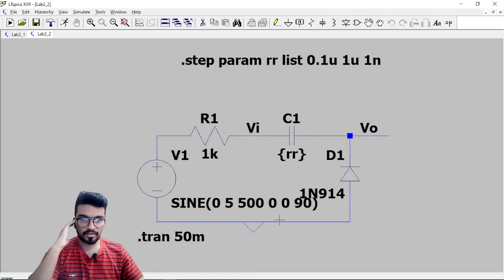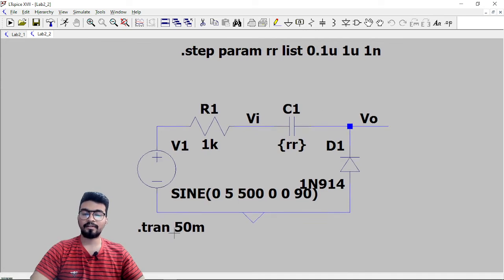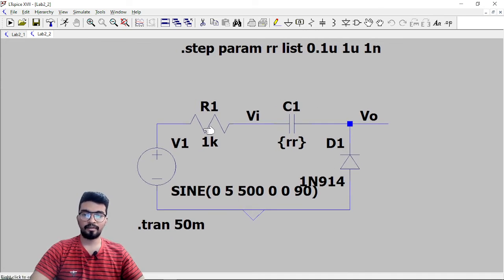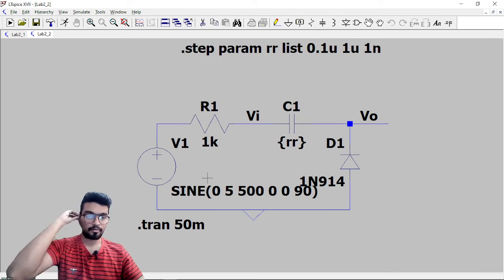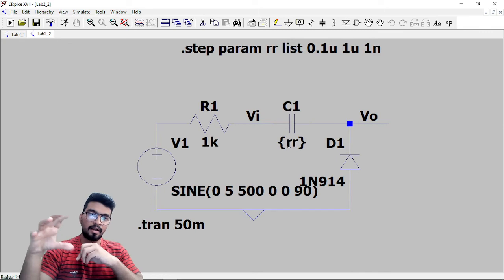So this is the LTSpice circuit scheme, that is resistors, capacitance, and the diode. This is Vin, Vout, and I'm varying this C1 as I mentioned in the first question. I'm not going to do the same thing for all the questions.